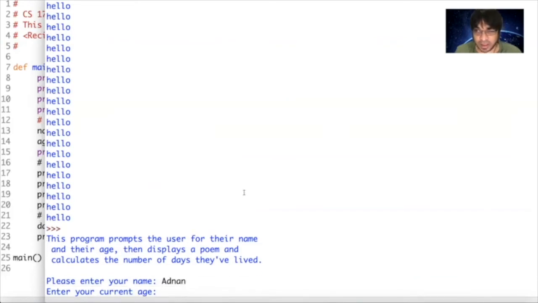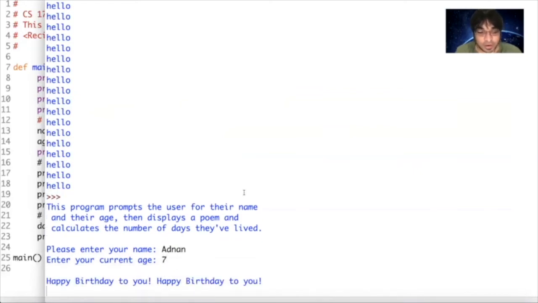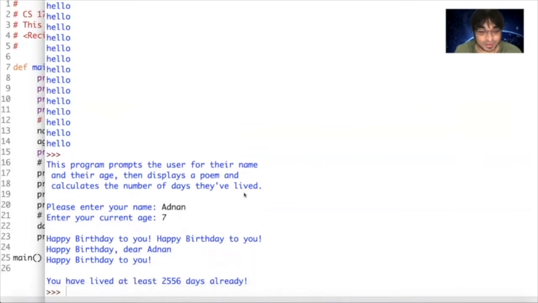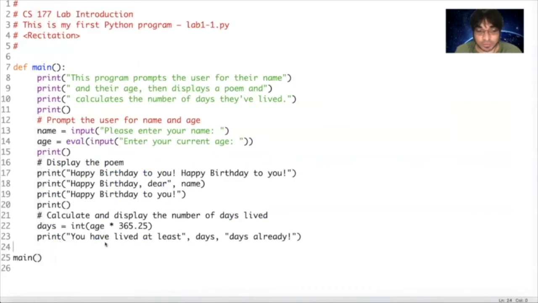What's my current age? Let's assume I'm 7 years old. Hit enter. Well, happy birthday to me. I have lived at least 2,556 days already. It should be quite trivial for you to figure out the logic in this program, how that number was calculated, which is in line 22 here.